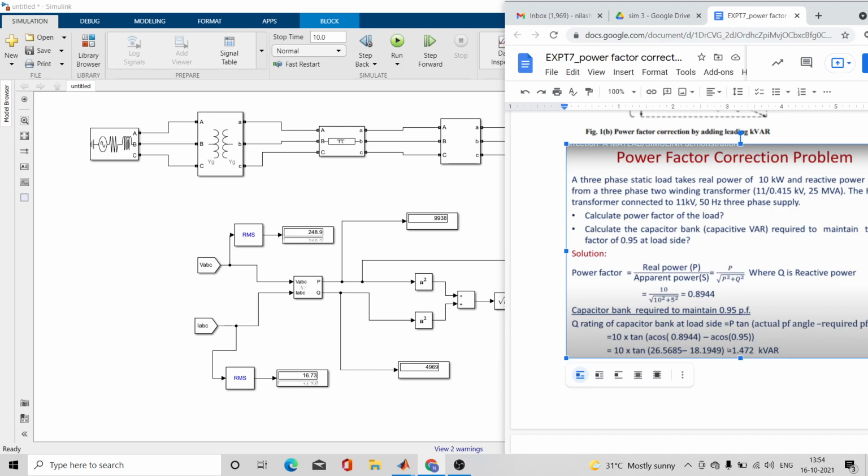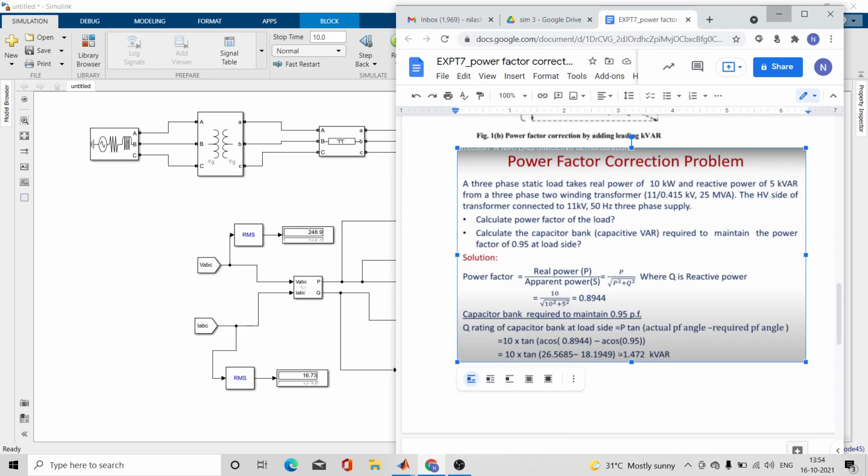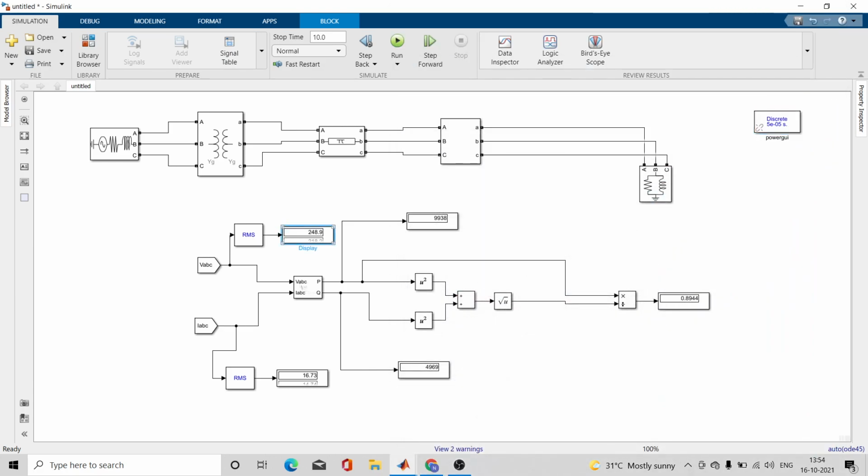So we'll directly insert the capacitor of 1.472 kVAR. Here in the other display options you can see the three-phase voltages. These are per phase voltages, phase A, B, C, and per phase currents. This is your real power, this is your reactive power, this is the power factor. So now we have to improve this power factor to 0.95, and we have calculated that you will require a capacitor bank across the load to improve the power factor.